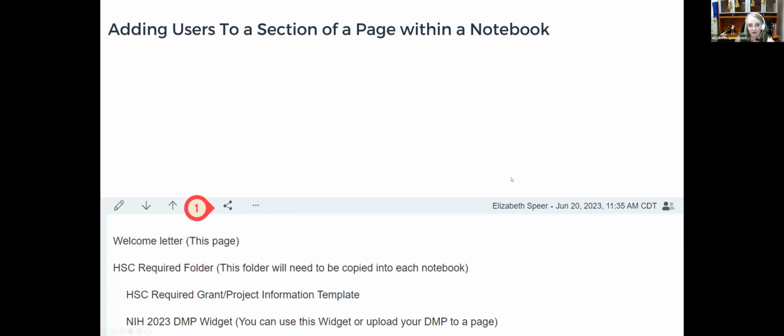You can go further even. You can add users to only a section of a page within a notebook. So if you have a colleague that you need to only view a spreadsheet that you have uploaded with data, well, you don't want to email that spreadsheet because of security reasons. So you can actually go to the page within the notebook,